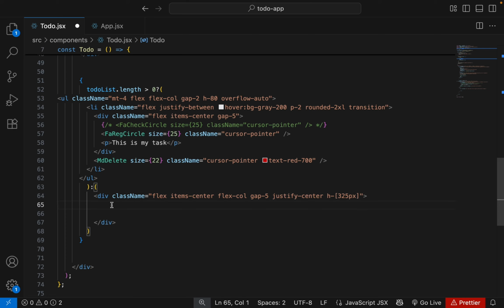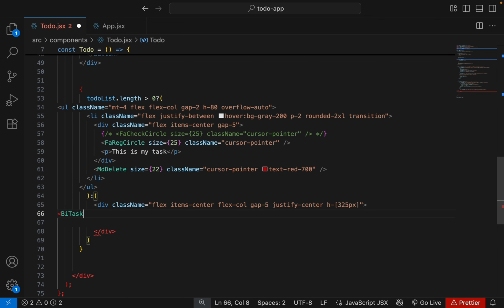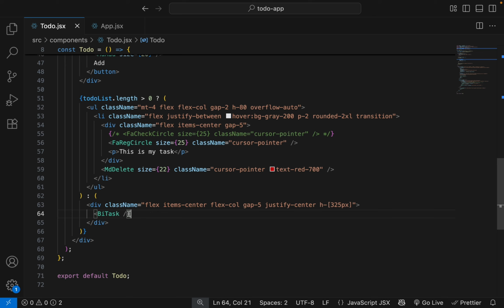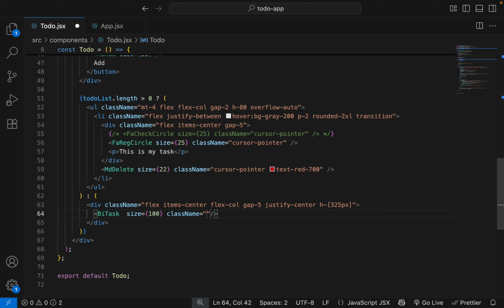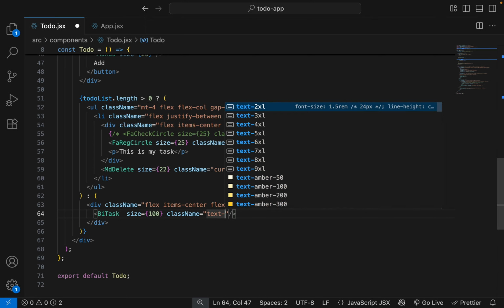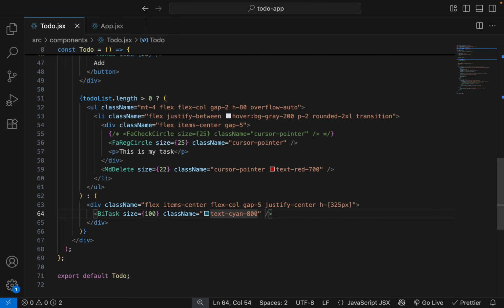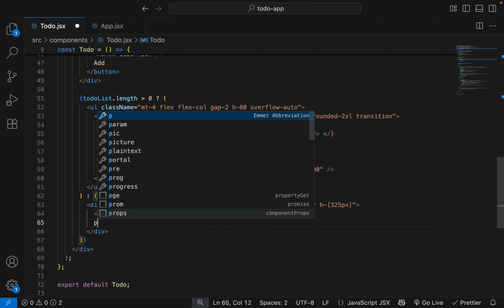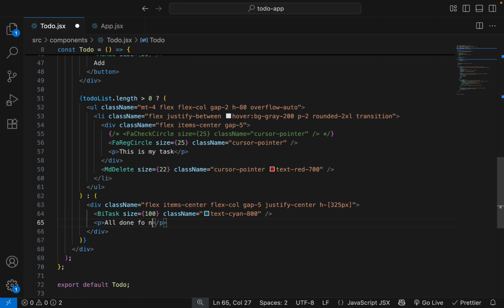Inside this, let's add an icon by task, giving it a size of 100, adding class text 800, adding a p tag, all done for now.